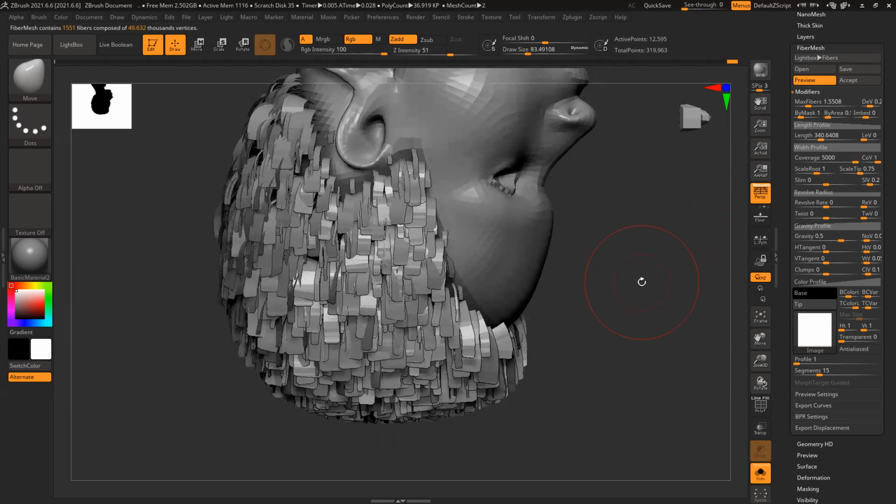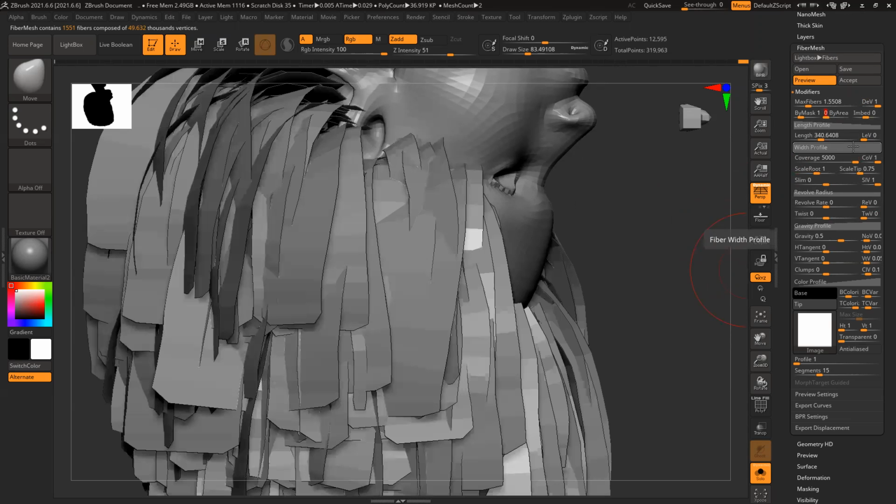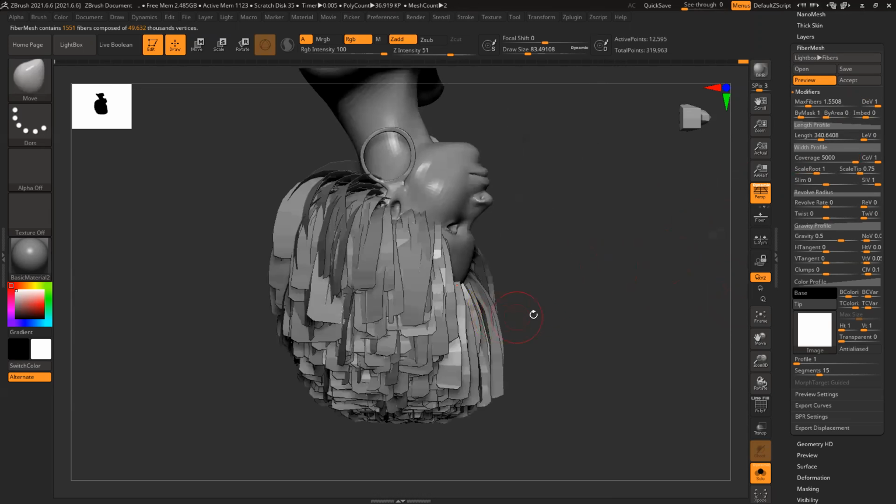So what is the increase? So now I can control this to be a little bit.